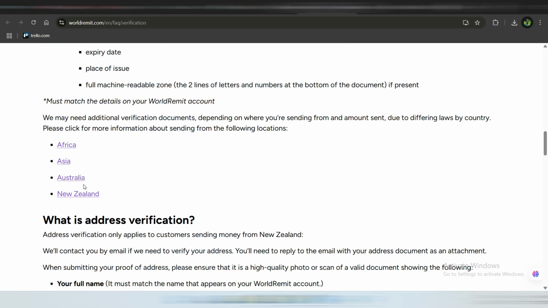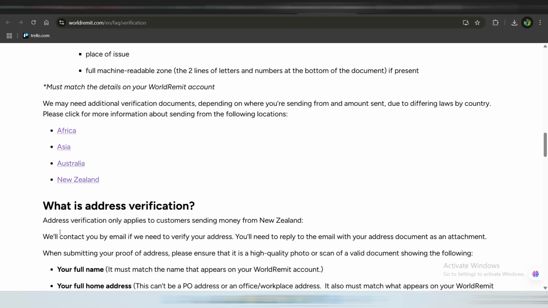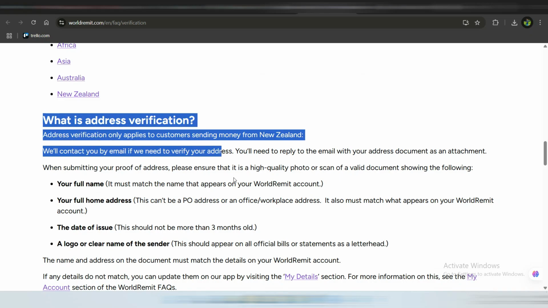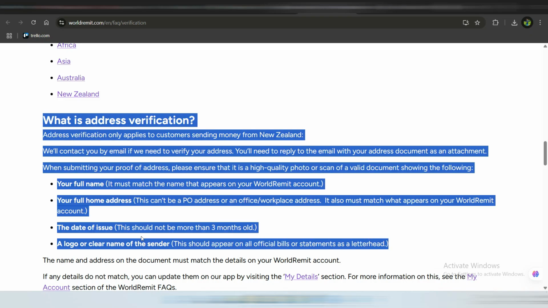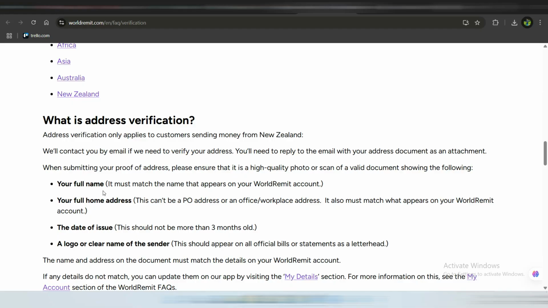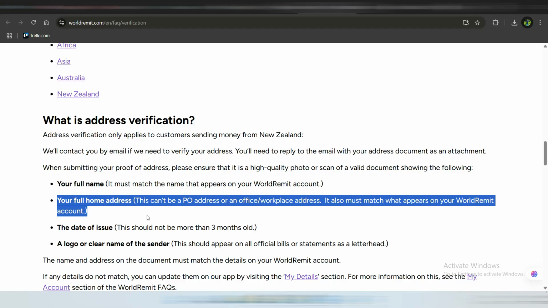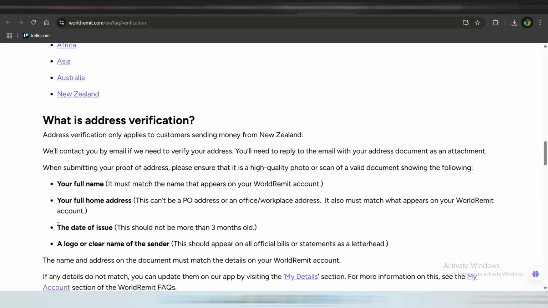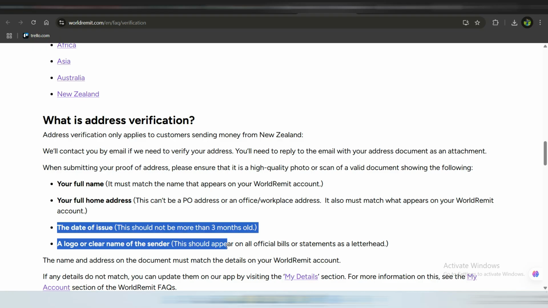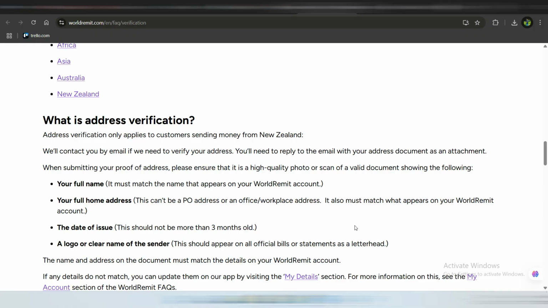If you're sending money from New Zealand, you may also be asked to verify your address. Worldremit will reach out to you via email, and you'll need to reply with a valid proof of address as an attachment. The document should include your full name matching your Worldremit account, your complete home address, not a PO box or work address, a date of issue within the last 3 months, and the official logo or name of